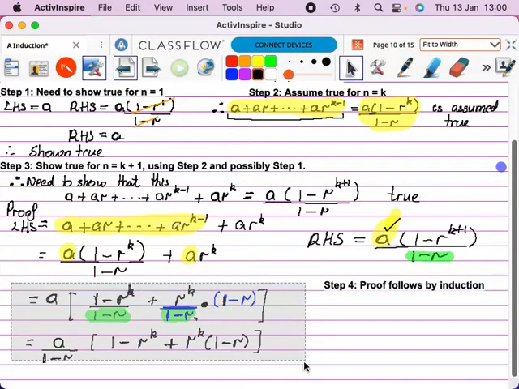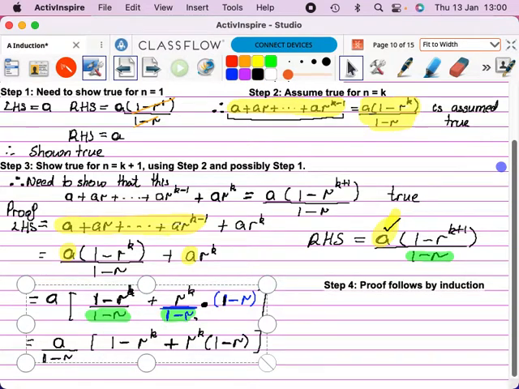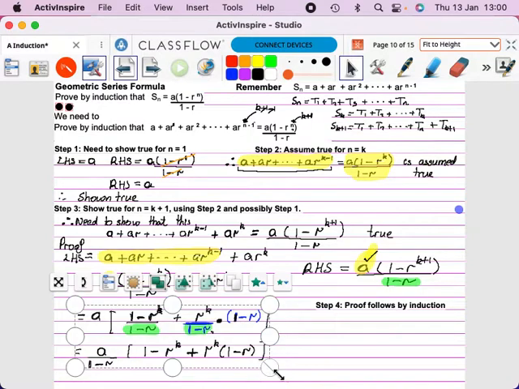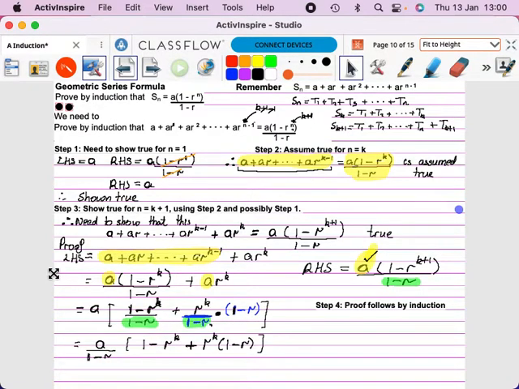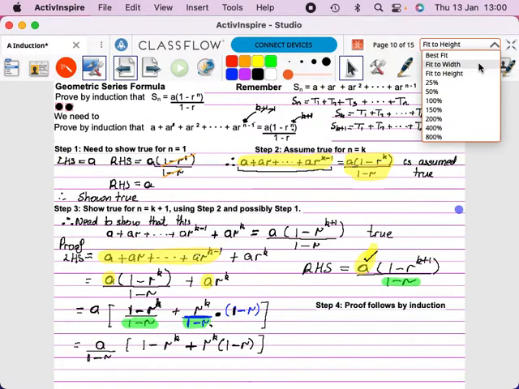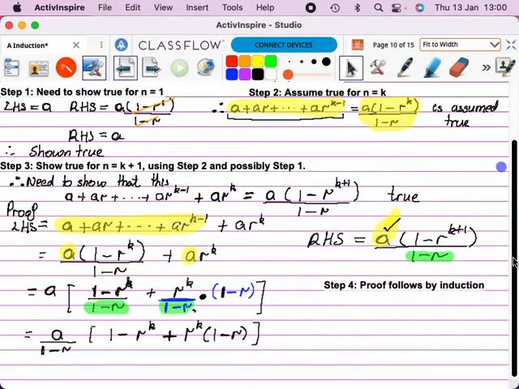So what I'm going to do now is I'm going to finish this problem off. Now, in order to finish this problem off, I do need to generate a little bit more space for myself, because I do want you all to see this on the one page. Okay then, the last bit. I've got equals A over 1 minus R, open bracket, 1 minus R to the K, plus R to the K on 1